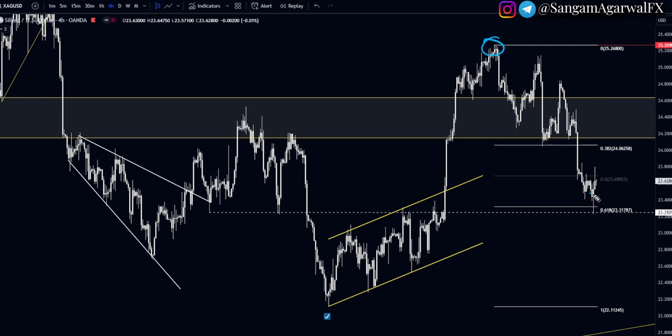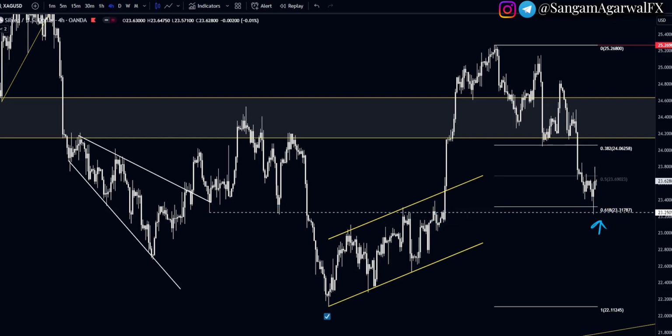Silver H4 time frame. Last week it did the same as expected. As explained in the last video, it did not make support on the 50% retracement. After the breakout of the 24 level, it went directly to the 61% retracement level. So first, it is a big retracement for buyers, and it is strong horizontal support. Many people missed it because it was powerful news, NFP. The only way to buy was a limit order.